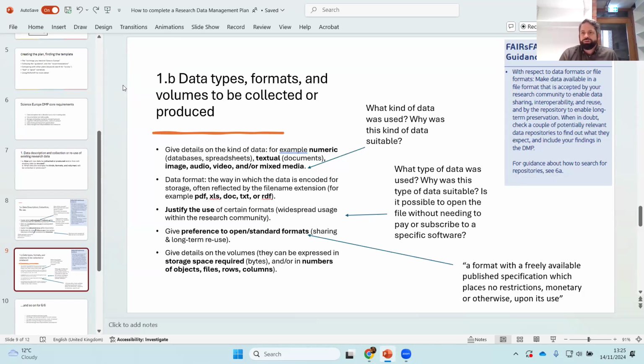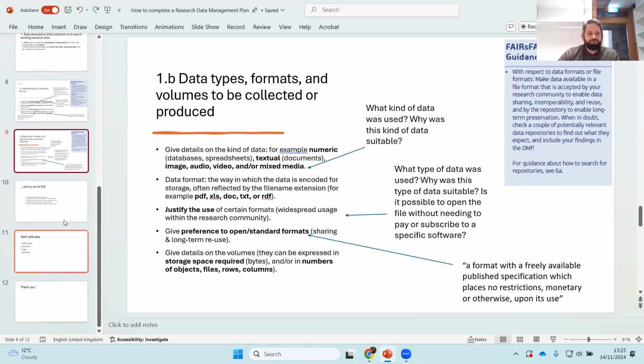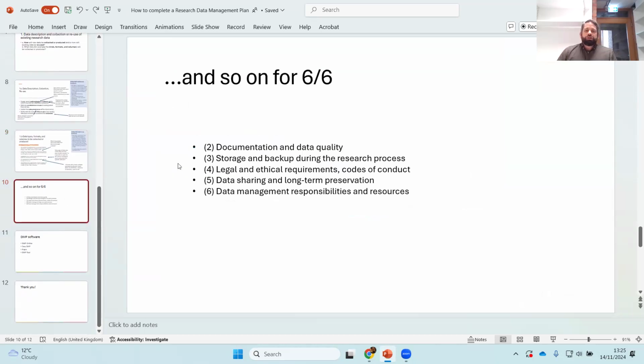So check a couple of potentially relevant data repositories in your field to find out what they expect, and include your findings then in your DMP. Then they have even more guidance on top of that in section 6A for having a look into it. So you continue that all the way down to finish out about 6 different points that need to be filled out